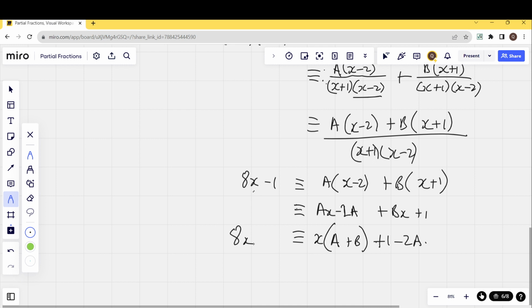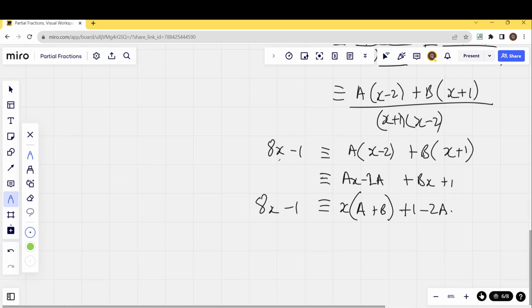Comparing that to what we have on the left hand side, comparing the x terms with the x terms here, we can see 8 is equal to a plus b. And comparing the number terms on the left hand side with the right hand side, we have negative 1 from here is equal to plus b minus 2a. That positive sign is a bit redundant, but anyway,